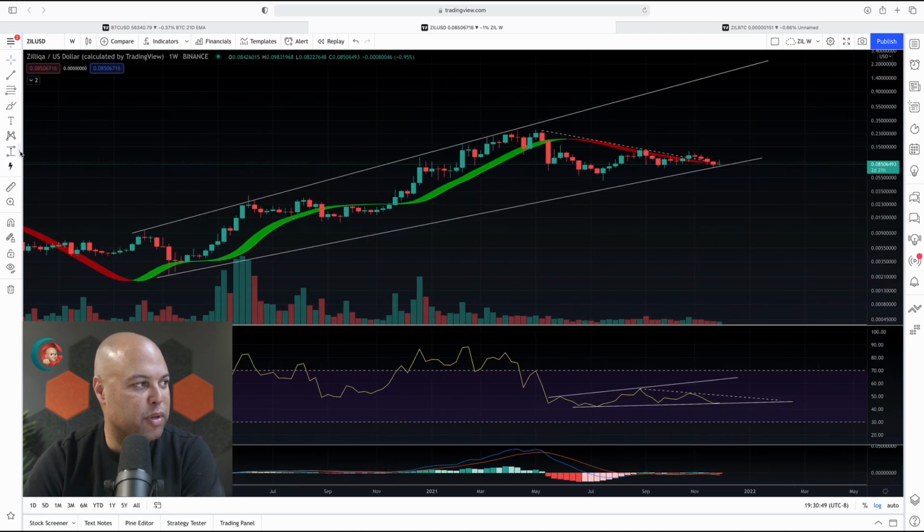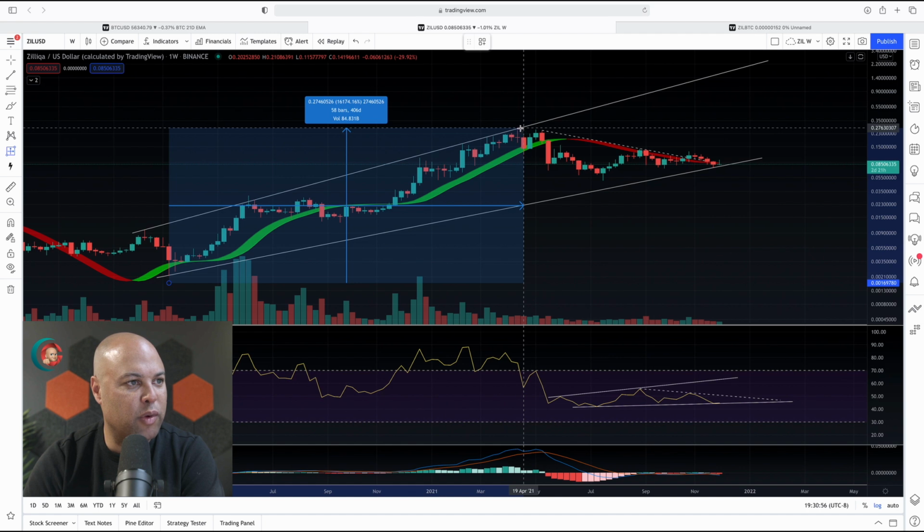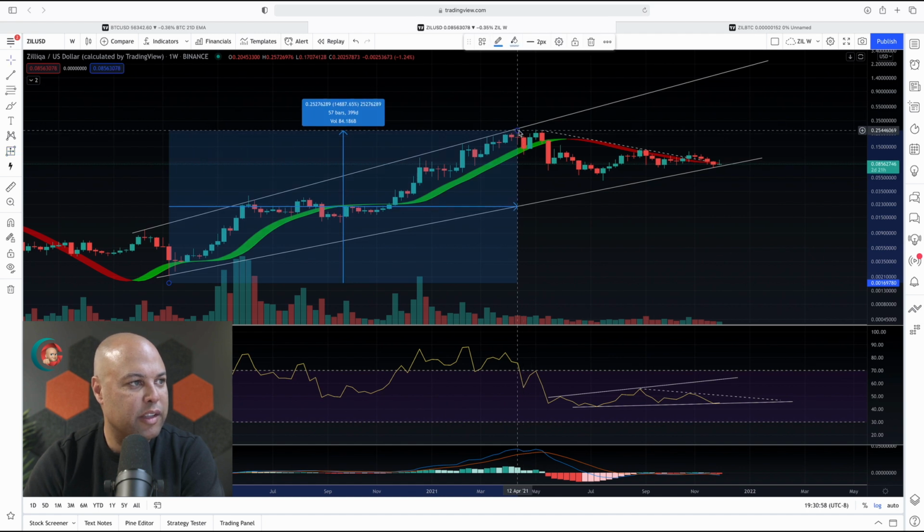If you look at the previous move that ZILLIQA made, starting in March 2020, and you go all the way to the top of that move, it was 14,000%. That's 148x. And it took 399 days to get there. So basically 400 days and 14,000%. So that was an epic run. But then the breakdown,